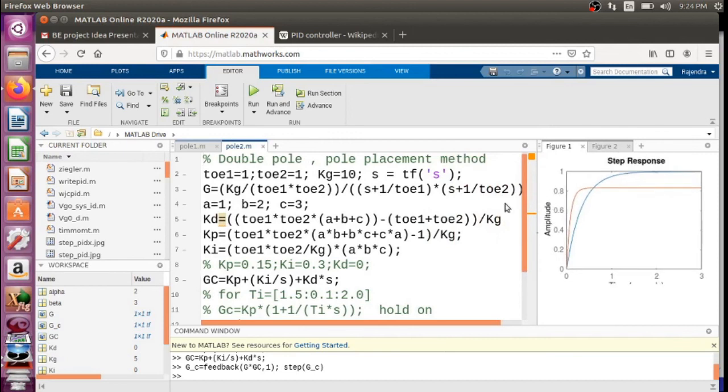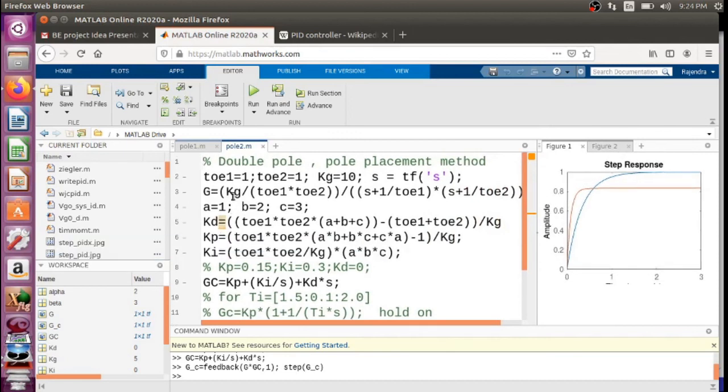So here tau 1 is equal to 1, tau 2 is equal to 1, and Kg equals to 10. We found that Kg equals to 10 for the given example.